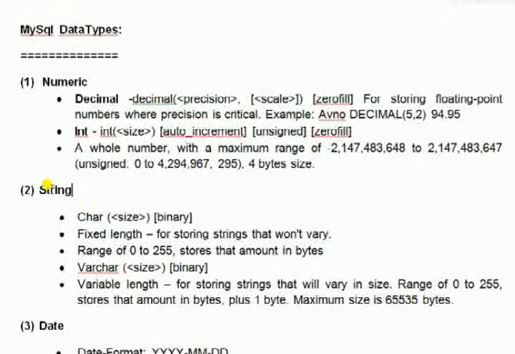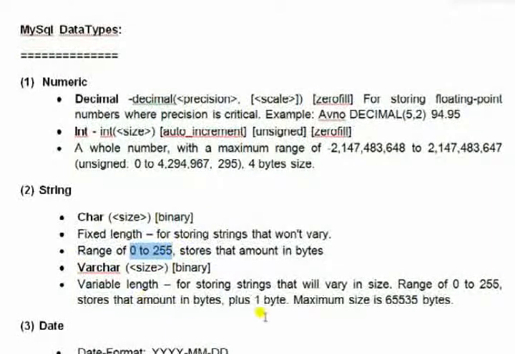Now string. In string, char and varchar are basically the two data types used. Char is a fixed length, 0 to 255 characters.